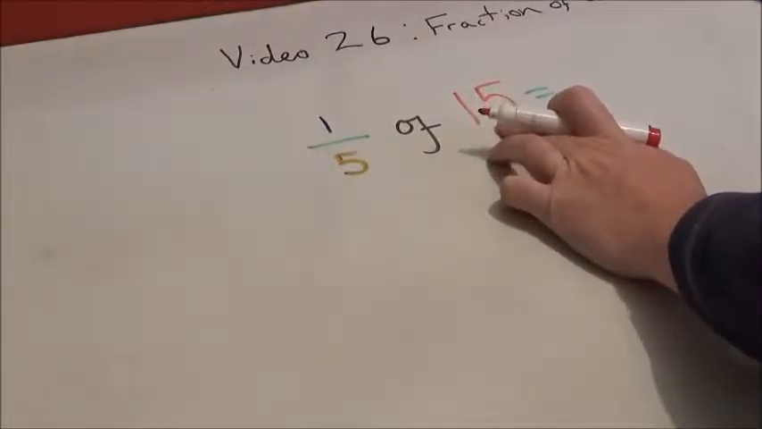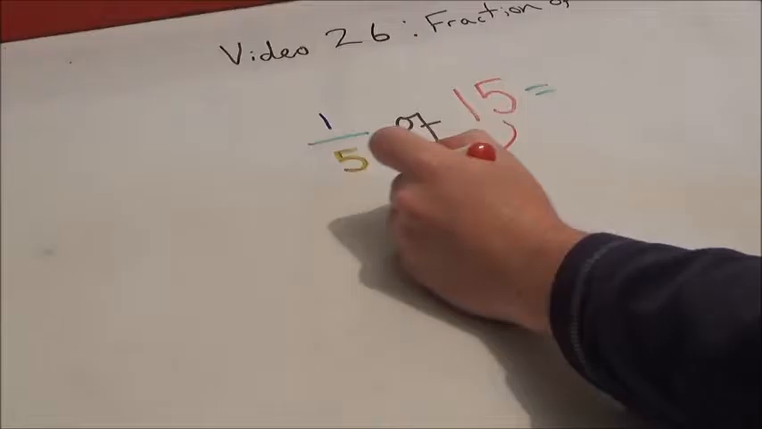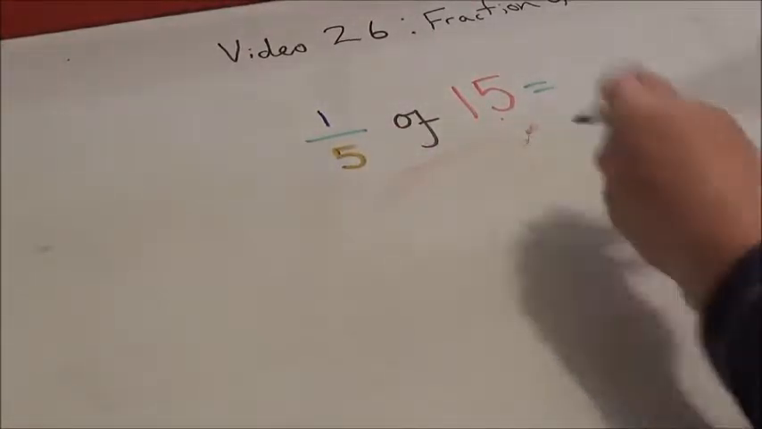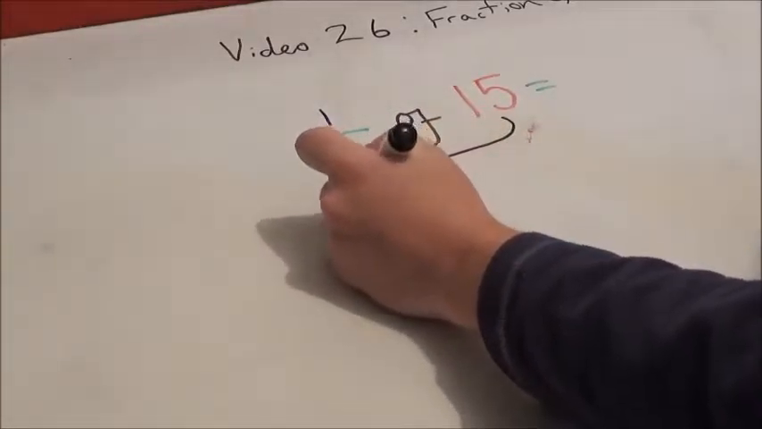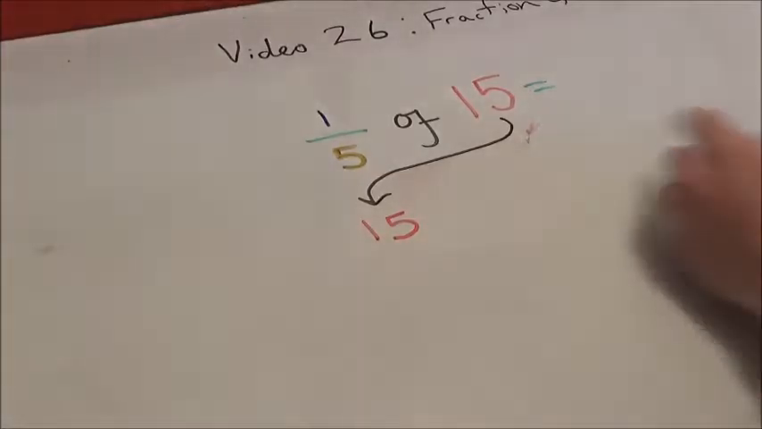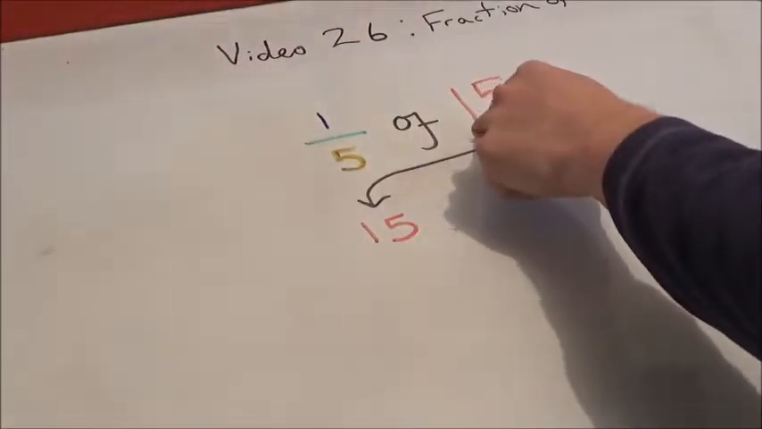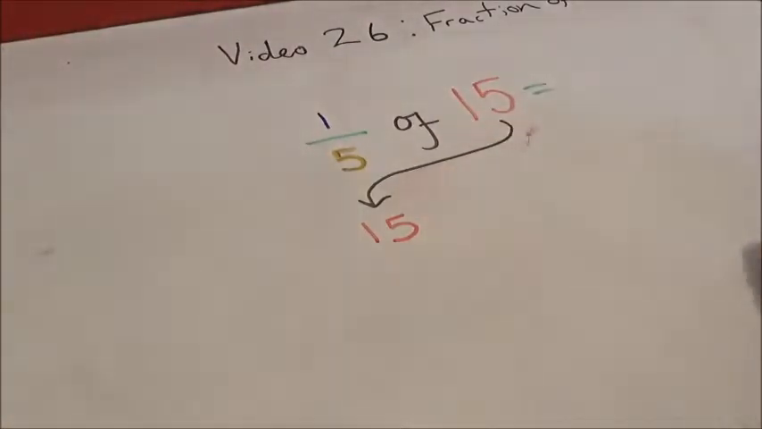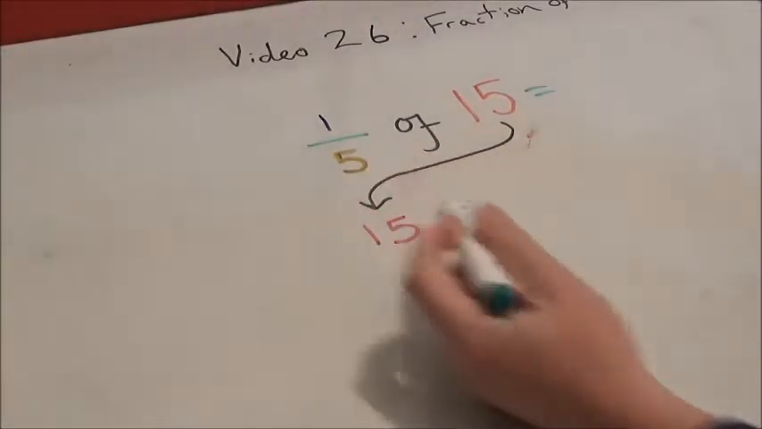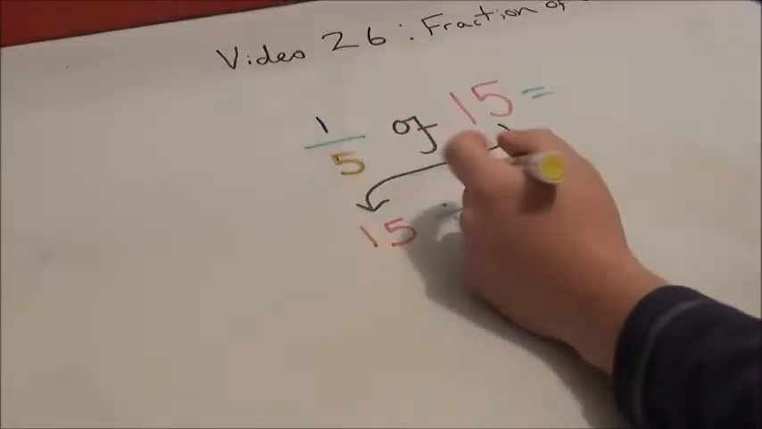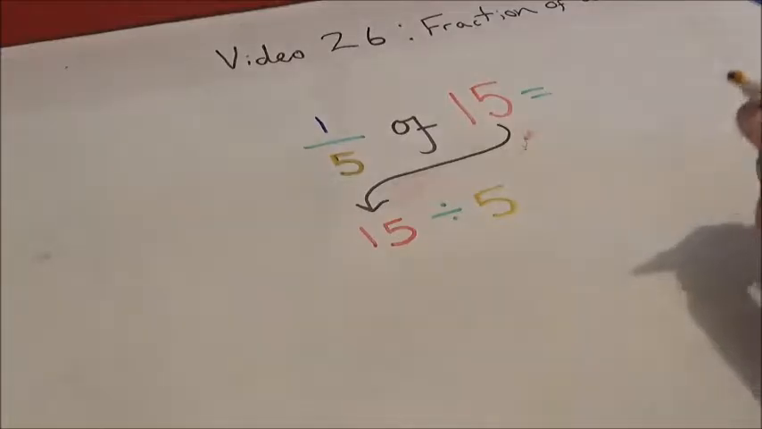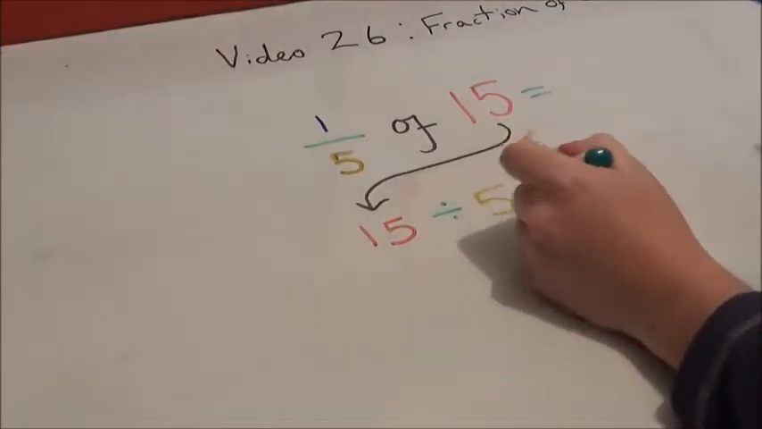First thing I'm going to do is bring this 15 down here. Should have done that in black. Sorry about that. Because that is what I'm dividing, and actually this is asking me for 1/5 of that, so I have to find out what 1/5 of that is. I'm going to do that by dividing it by the denominator, because it's out of that. So 15 divided by 5 equals